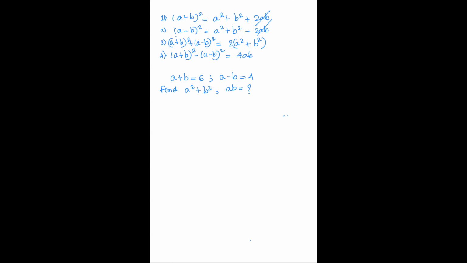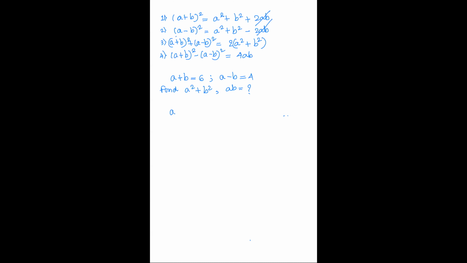Okay, let us begin with the third formula. Now, what makes you think कि हम लोग को third formula use करना चाहिए? Because if you see the right hand side of the third formula, you will find a square plus b square over there. है क्या नहीं? Correct? a square plus b square दिखाई देता है और वही तो हमको find करना है. So that is the reason why we are going to use formula number 3.